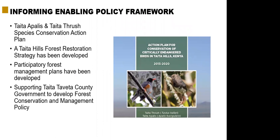In addition to that, we are working closely with governments, both local at county level and national government, towards informing enabling policy frameworks that will ensure that the plight of the Taita apalis and Taita thrush are safeguarded through developing action plans, working with the Taita county government, because these forests within Taita County, some are county forests, some are under the national government, where we are working towards integrating conservation of these species within the county policy